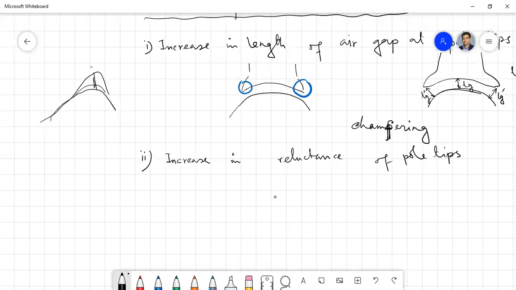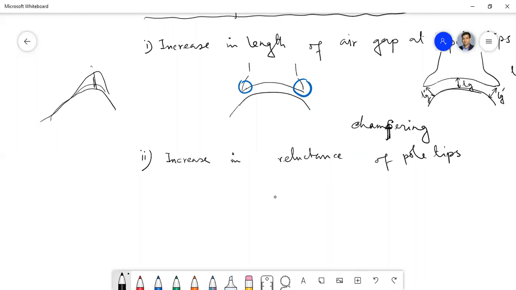So this can be implemented by omitting the alternating lamination of the pole tips. So suppose these are the laminations of the pole tips. So if we omit the laminations like this,